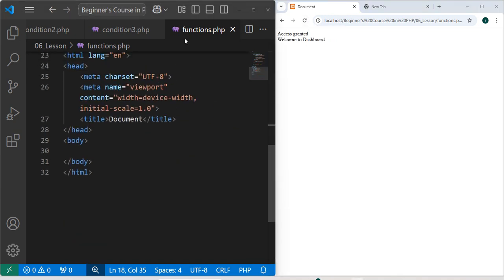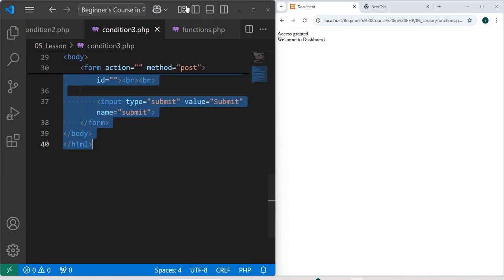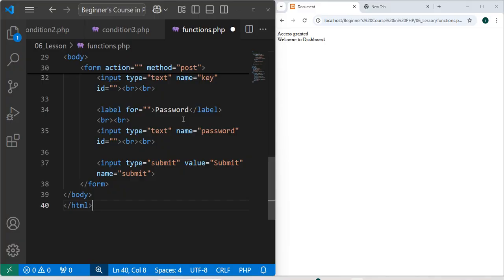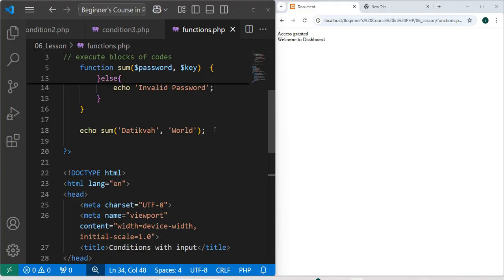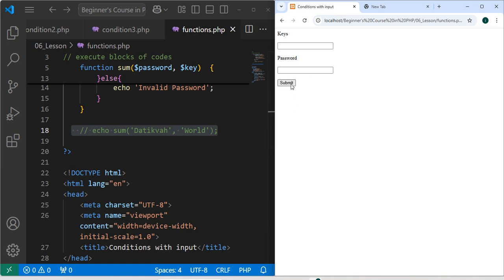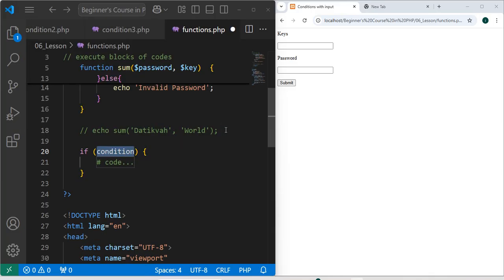Now what we want to do is to copy what we did, copy this and just paste here. Alright, so we have our password, our key, and the rest. If we submit this now, we only got what is here. If we connect this, we won't get anything. So if only we click this, it does not work. The only way to make it work from here is to use the if isset method again and say if